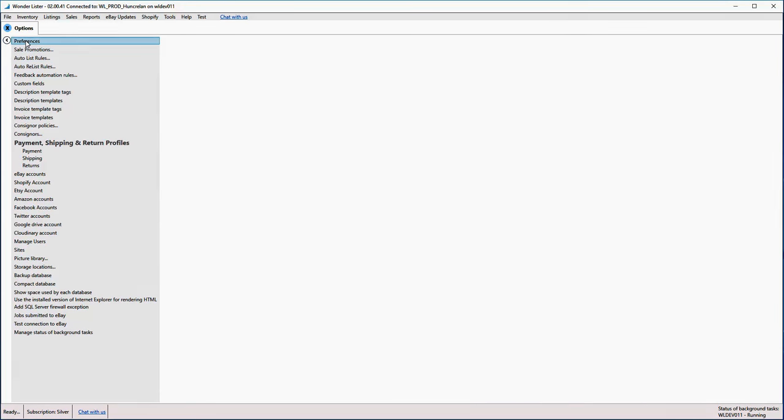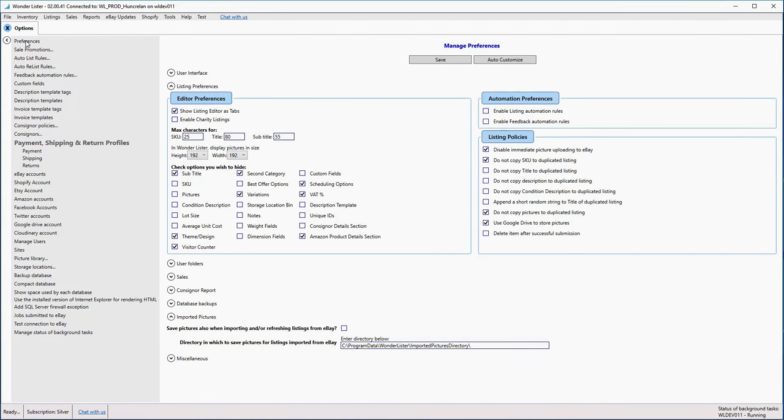Click on the menu option Tools, then click on Options. You will see many options displayed on the left hand side. Click on the very first choice, Preferences. You will see the view titled Manage Preferences displayed on the right hand side. In the section titled Listing Preferences, under the group titled Editor Preferences,